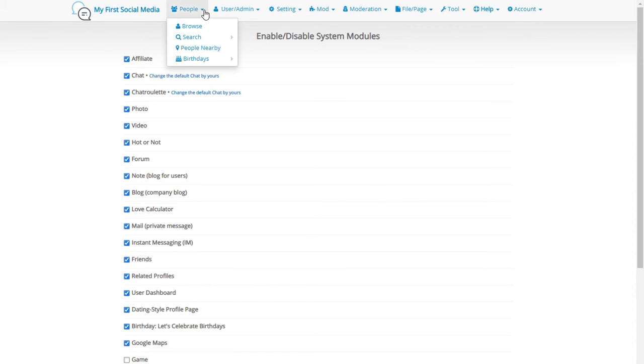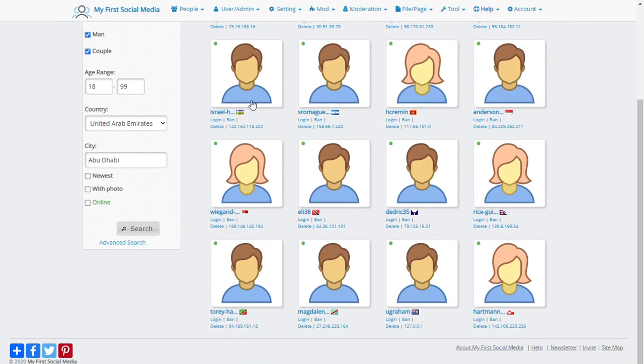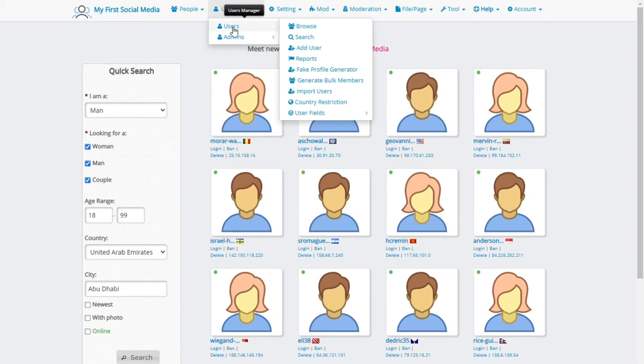So if we go into People, right, there are a few predefined profiles which get loaded into the system. There are about, I would say, 20 profiles loaded into the system from different countries. But to make the site a little bit busier, especially, as I said, if it's dating, there is a feature. If you go to user admin, users, and then you have this one, fake profile generator,